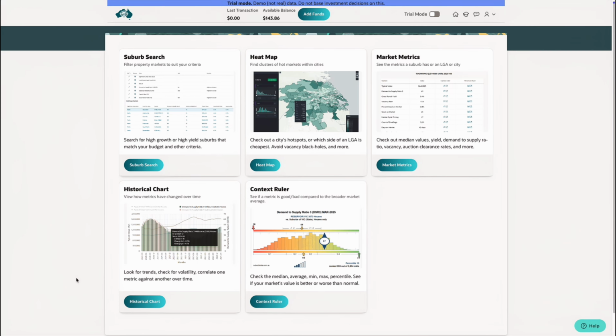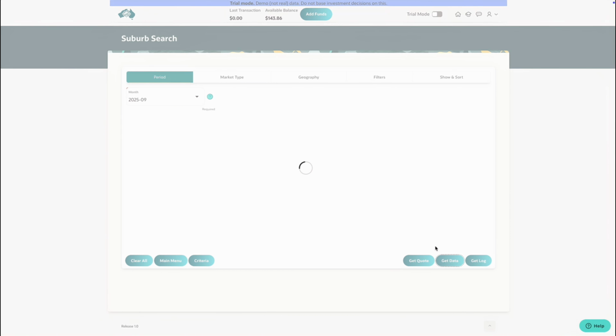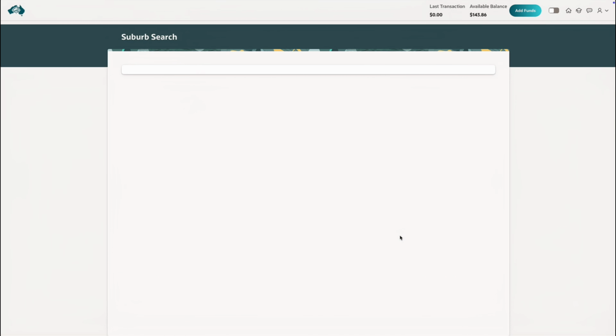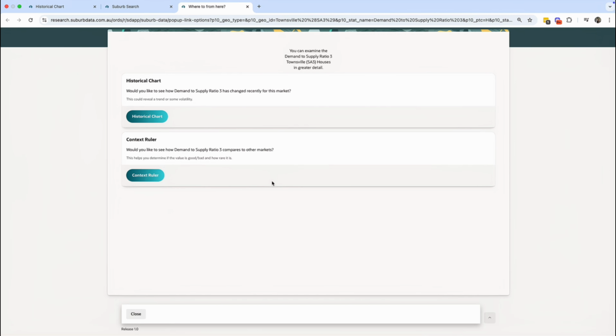Now, I mentioned at the start that you can open the historical chart page from the home page, but you can also open historical charts from Suburb Search. A Suburb Search report will contain a table of data. Some cells in the table contain numbers. These are metric values for a market. You'll notice the number is a link. If you click on the link,